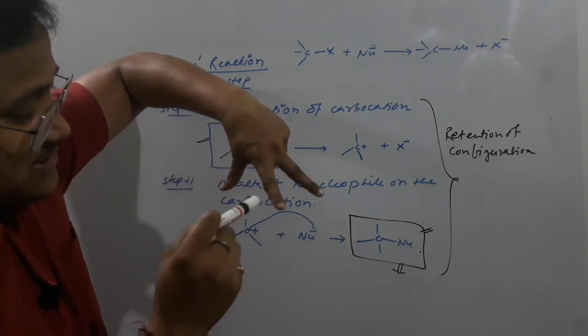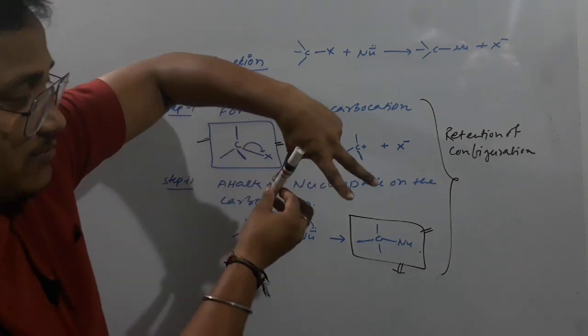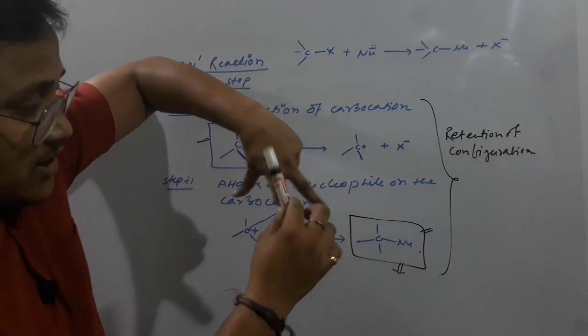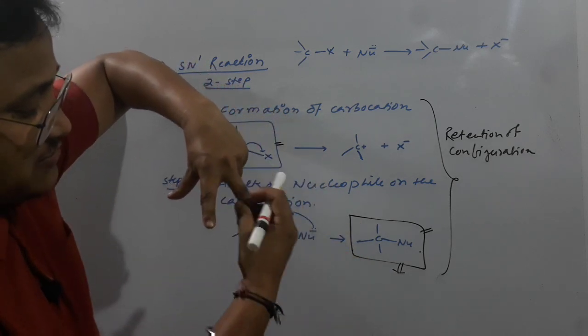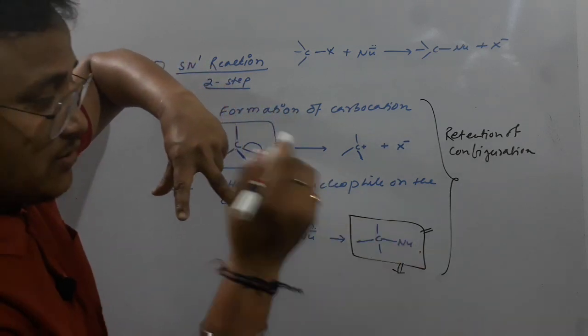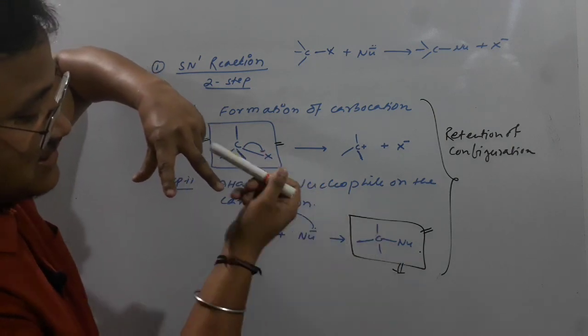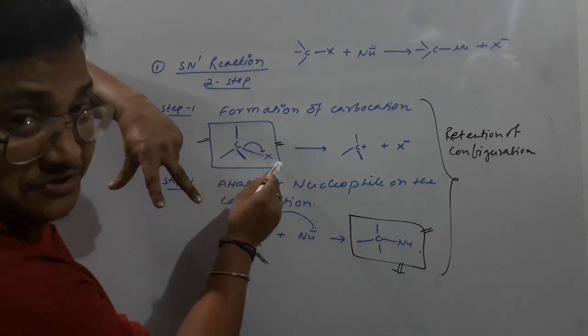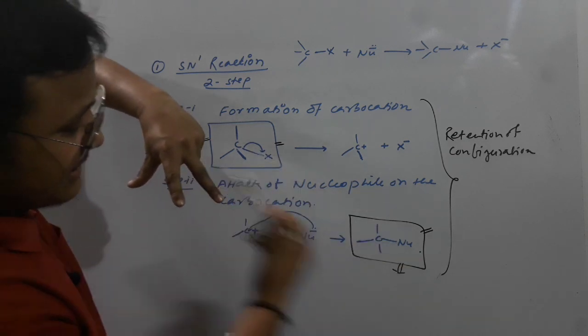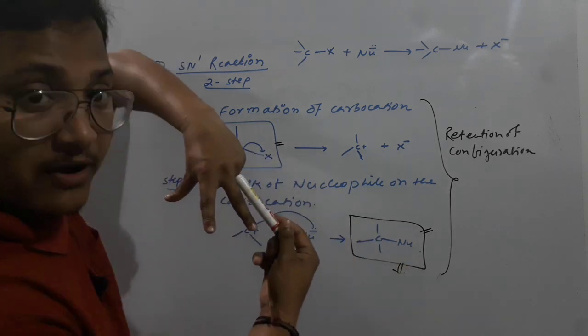So these two sides are open, right? This here, and one bond will be here, another one will be here. Once this halogen is removed, this side is vacant. So what this nucleophile can do is come directly from the same position as the halogen. It will come and attack here, so it can attach here. Once it is attached here, it will give this product.